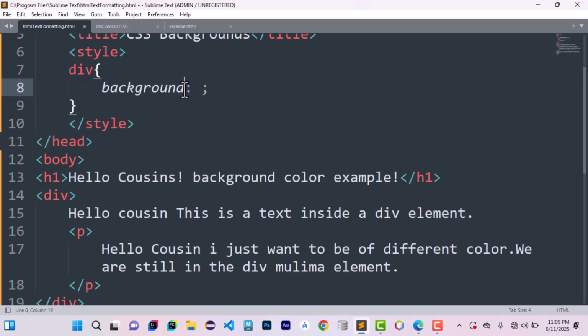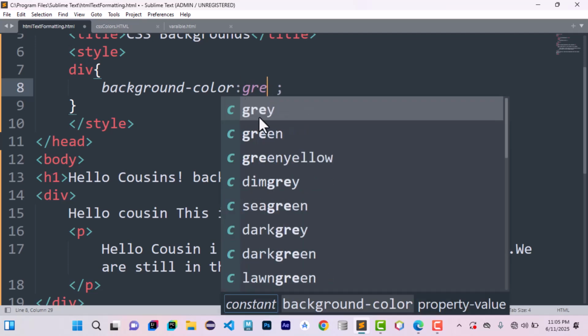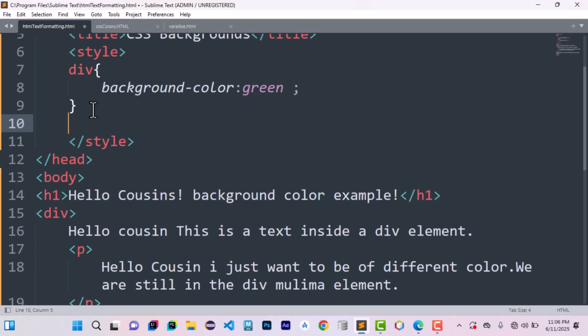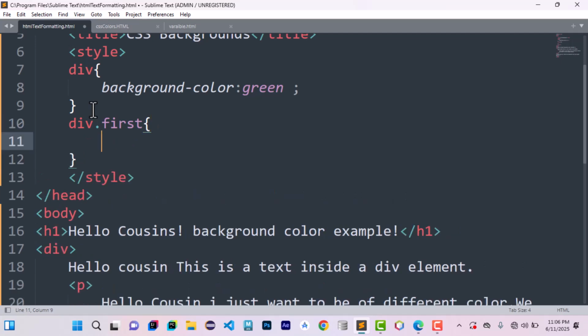It's not just the background, but the background color property. Background color should be, let's say, green. At least that's what the specified name is. Inside that division, I want the first, and then I should now give the property in here. That division first, I want opacity to be